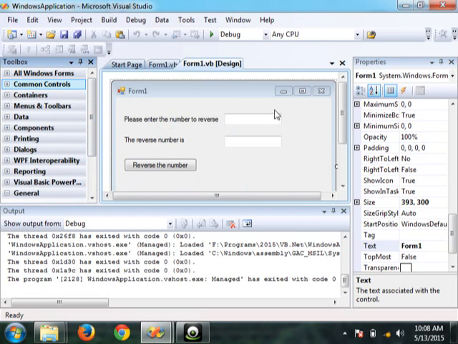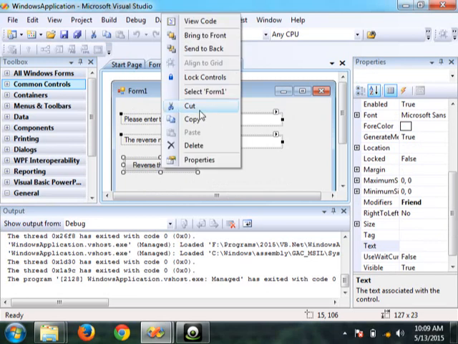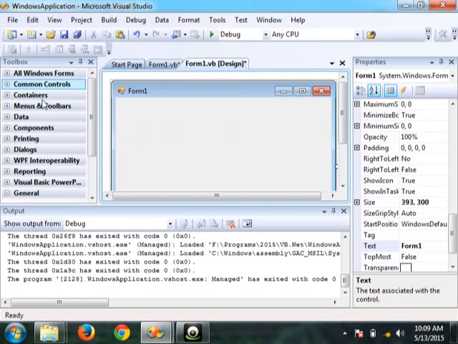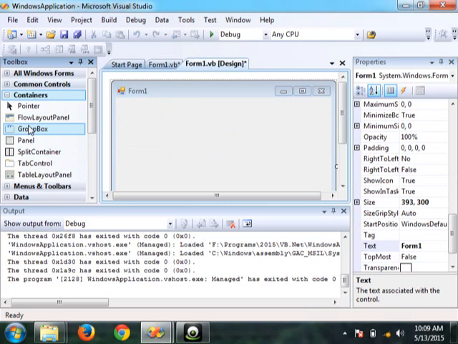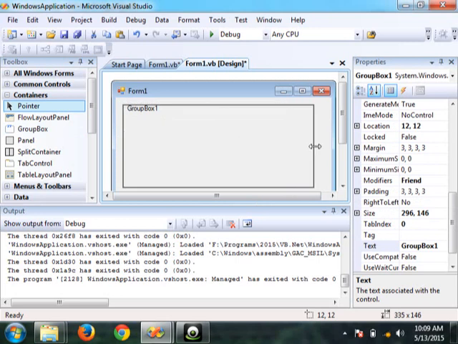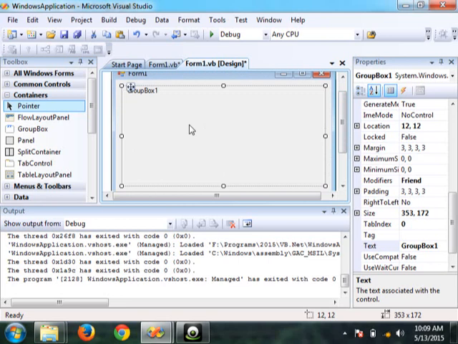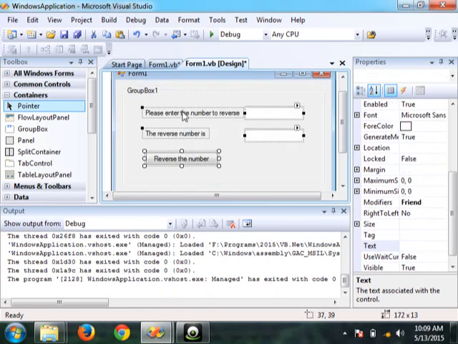Now what I'll do is select all of them together by clicking and dragging. So click and drag, and I will cut them. All controls are selected, so right click and say cut. So everything is gone. Now I'll bring a container. It's better to have a group box. So drag this group box, put it over there, and make it maybe this much. It's good to keep things in a group box, in a container. Even a form is a container, but even a group box is also a container. So I'll just paste it. Can you see these controls now?